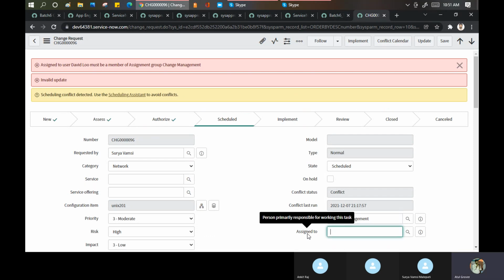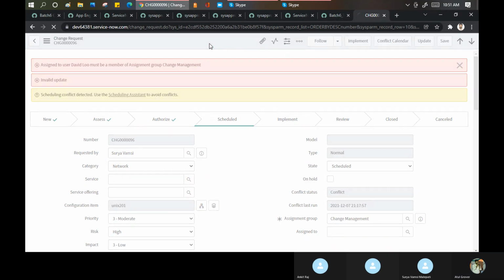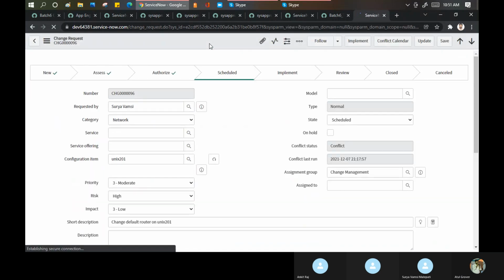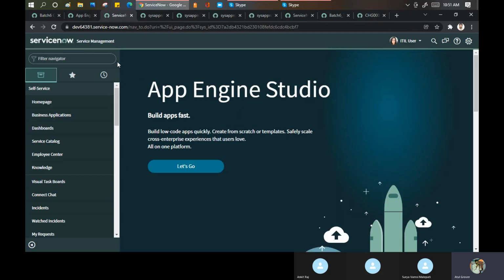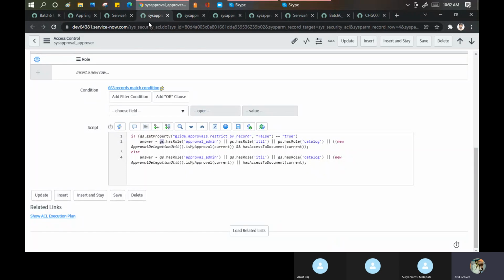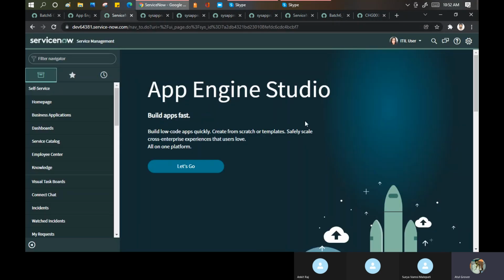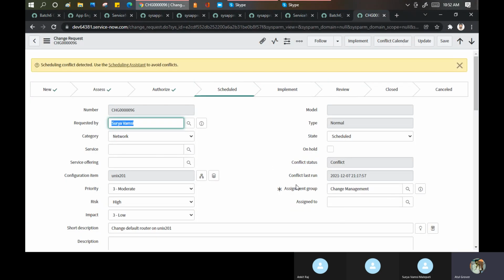It's something that is not working for us. The reason can be that the ACL which we defined has maybe been overwritten by some other ACL, because we created it only to test, and maybe some other ACL is already defined for these things and has been overriding our particular option here. Okay, so this is all for our discussion on the ACL part.